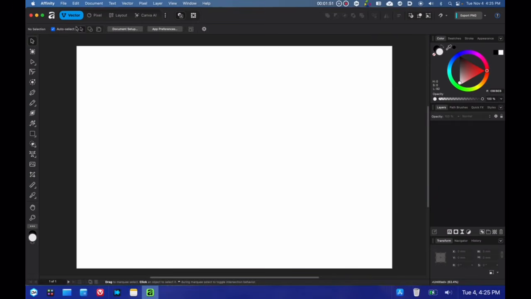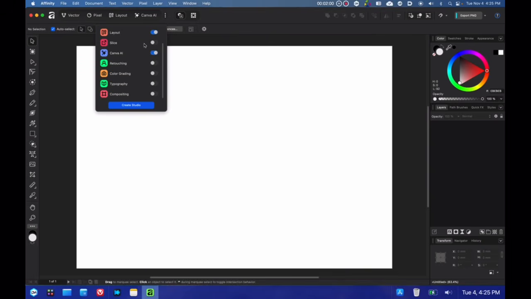Now, you can also add more studios here if you'd like, if you click on these three dots. And so here are all the studios that you can use. Now, I'm not going to add any more since I like the three the best. And if I'm going to go to slice or retouching, for example, then I could just use this menu and open it up that way. I am going to uncheck Canva though, so I just want these three options to be available.